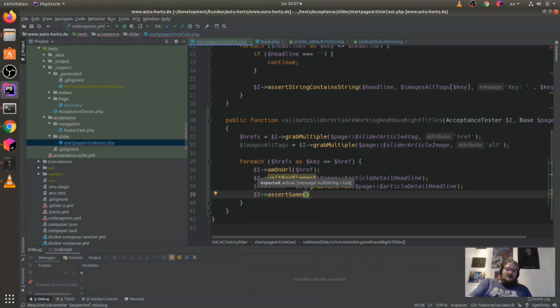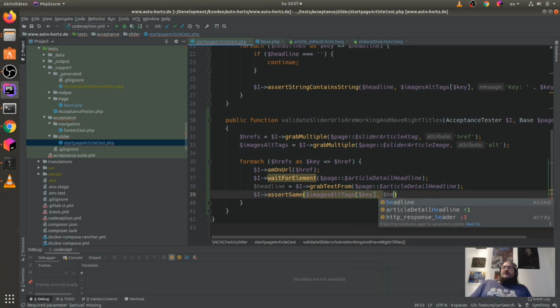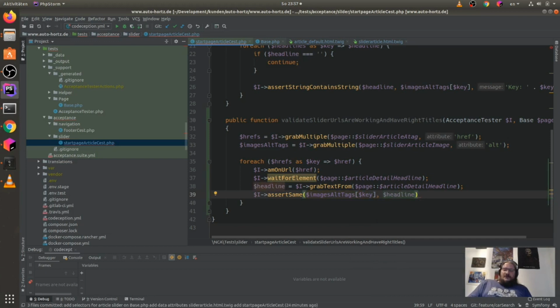Expected is our $images alt tag with our $key, and we have here our headline, and we can say, okay, please give me here, we will see the href and we will have much information, but maybe we also want to see here our key.